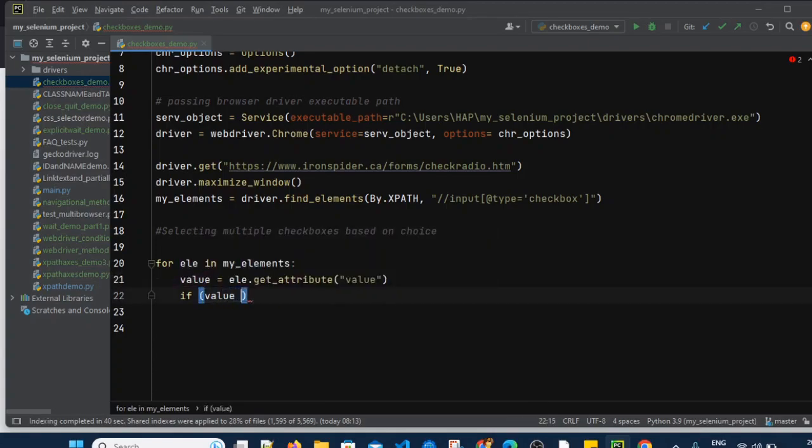If value equals to, which three one we want, yellow, orange and green, equals to yellow, or I will use OR operator, or value equals to orange, or value equals to green.